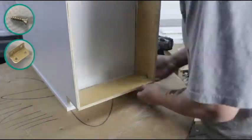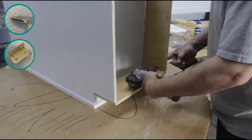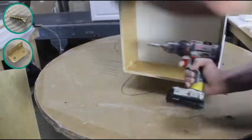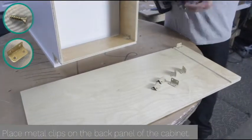Now fasten the toe kick to the front of the cabinet. Begin by placing the metal clips